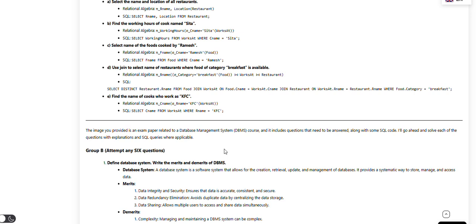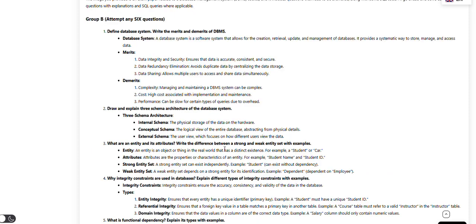Also complexity: managing and maintaining a DBMS system can be complex. Now high cost associated with implementation and maintenance. Performance can be slow for certain types of queries due to overhead. Now three schema architecture: internal schema, the physical storage of the data; conceptual, the logical view of the entire database abstracting the physical details; also external schema, the user view which focuses on different user views;